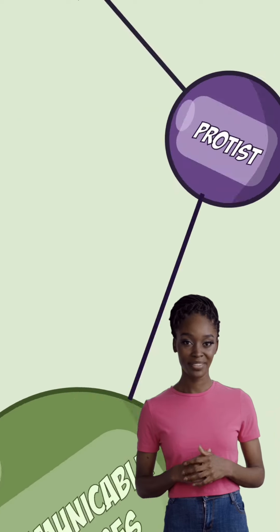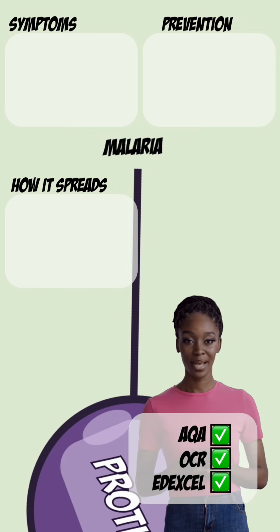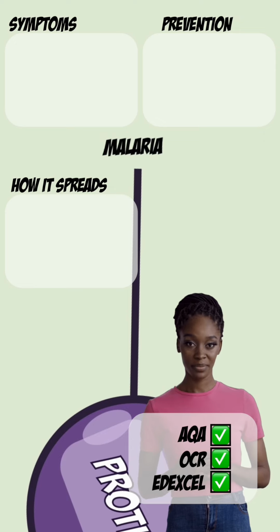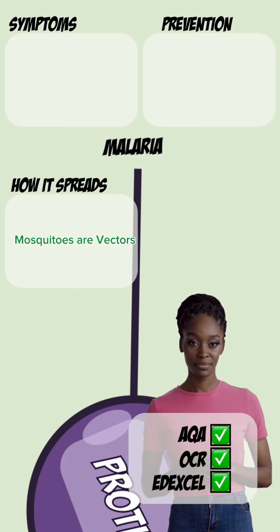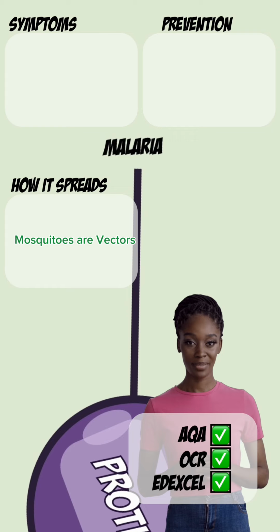Finally, we have protists, and the primary disease you need to know about is malaria. Malaria is caused by a protist transmitted through the bite of an infected mosquito. These mosquitoes are called vectors because they carry the disease-causing protist from one host to another, without getting sick